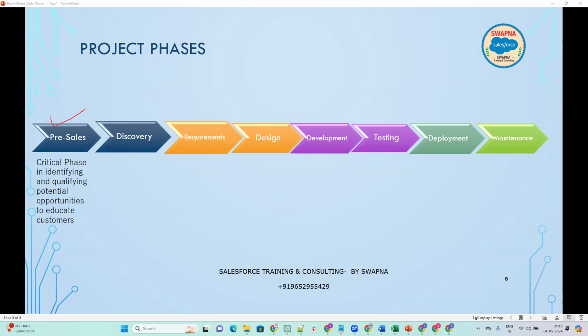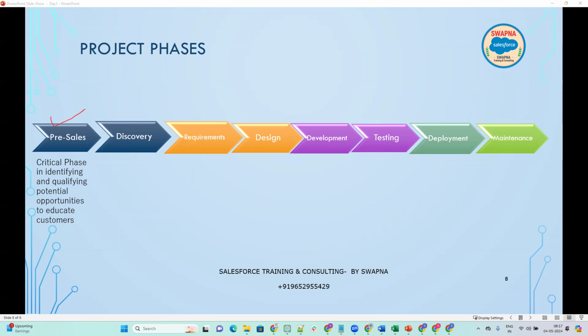They will just give a hint to us saying that, okay, this is what we want to implement. I don't know how to do it, because we wanted to automate this entire functionality, or whatever steps we are doing manually. So we wanted to do that. This discussion will happen very casually, but this is a very critical phase. They discuss it as normal, but it is a critical phase to identify what problems are faced by the clients